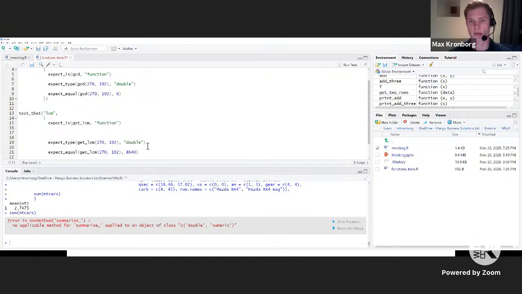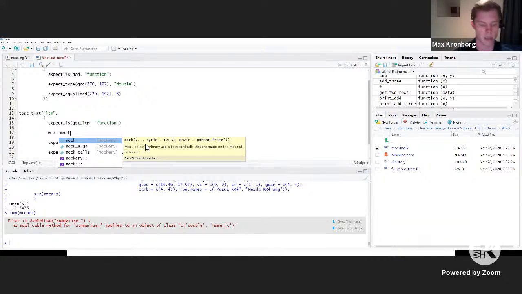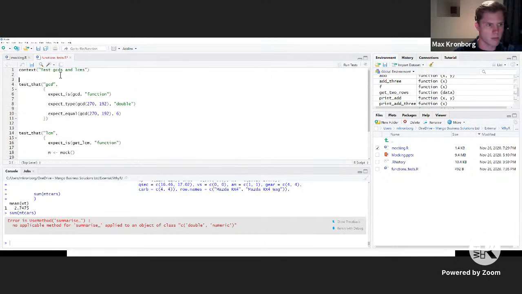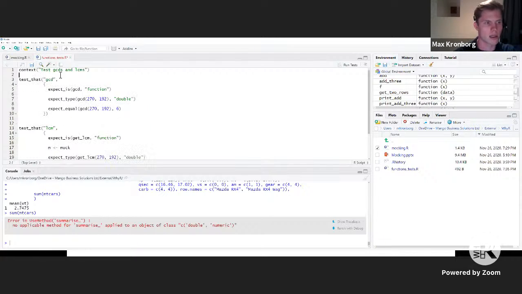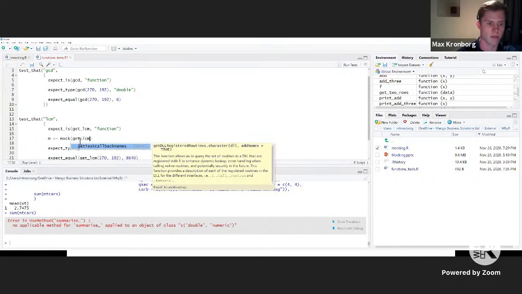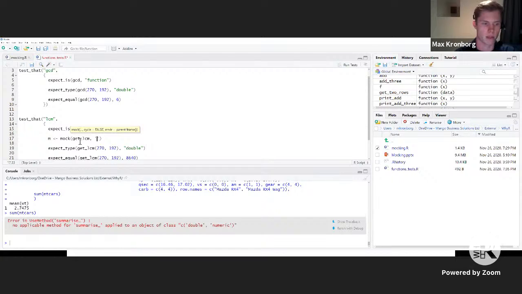So this is where we can use some of this mocking for our development style. So we're going to use a mock for this because it lets us investigate what's going on a bit behind the scenes. So we're going to have, actually I'm just going to add this up here. I think it is loaded. That actually will probably be okay. So we're going to mock something in the get LCM function. What we're going to mock is going to be the GCD function.